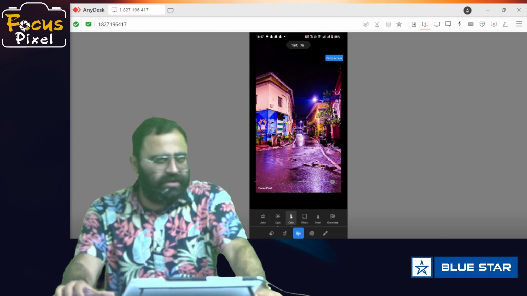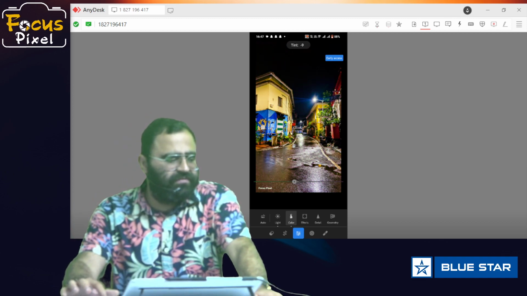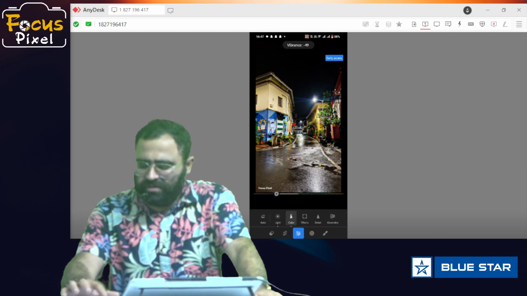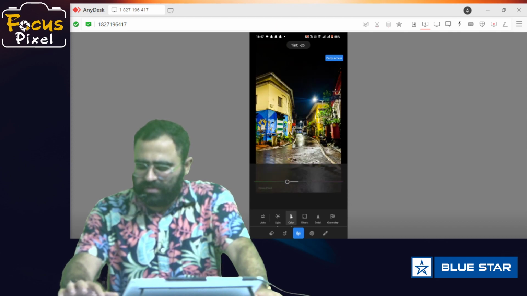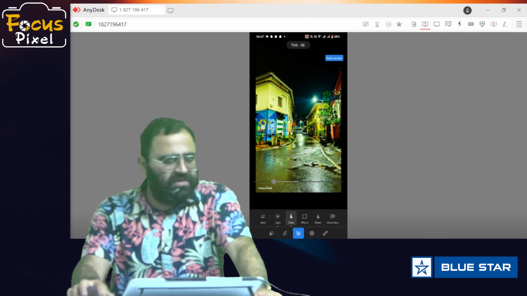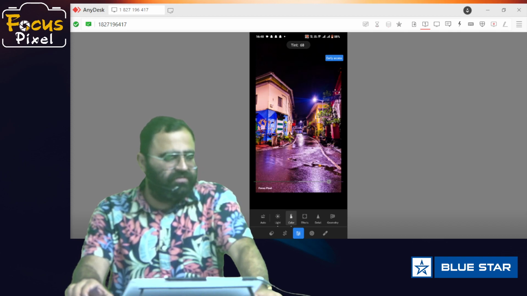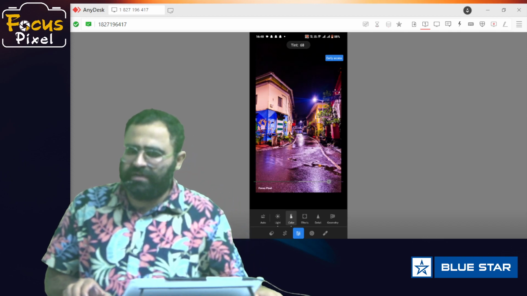So towards the left you will get a green tint and towards the right you will get a pink tint.